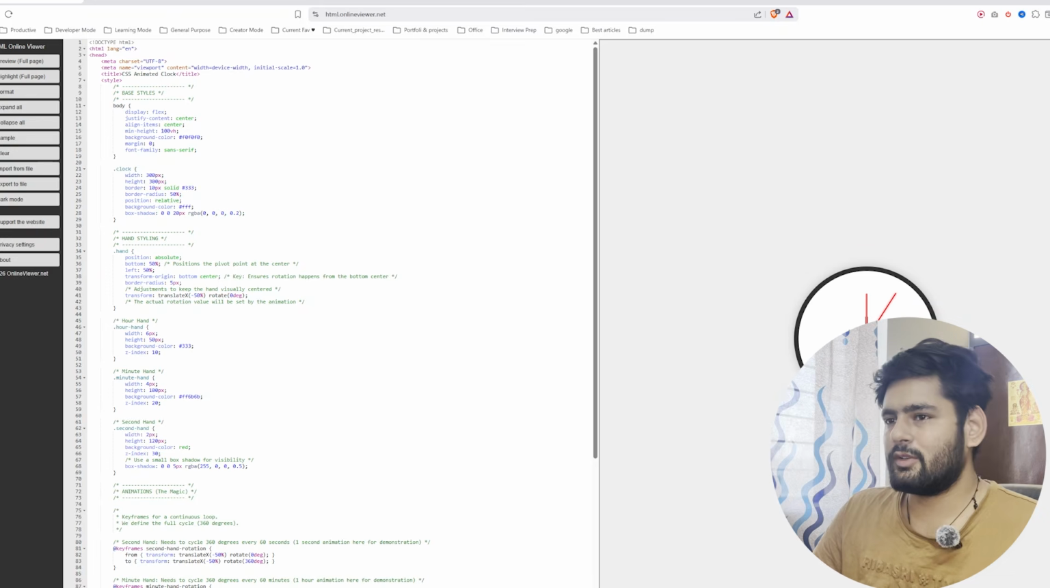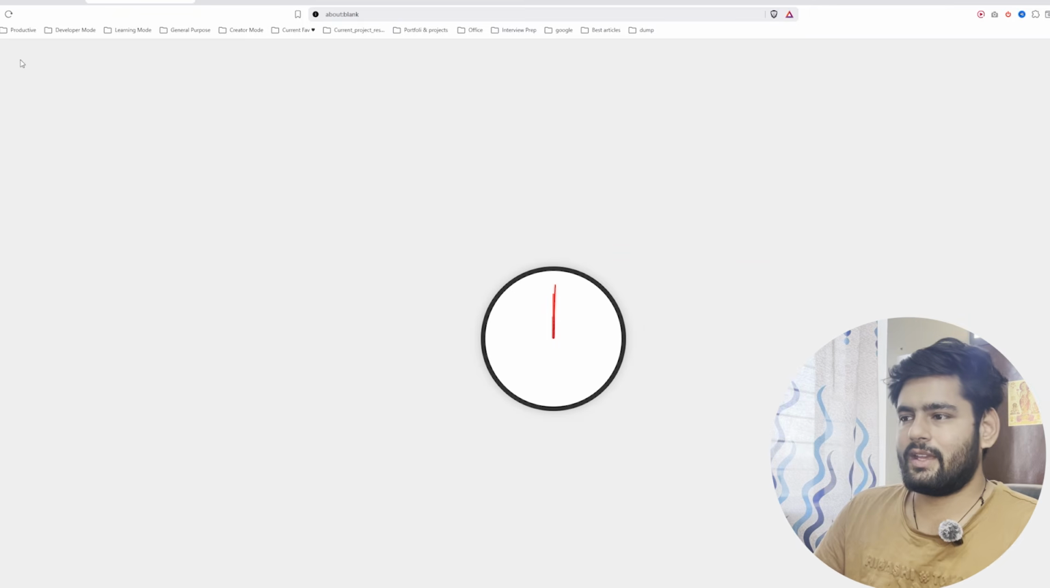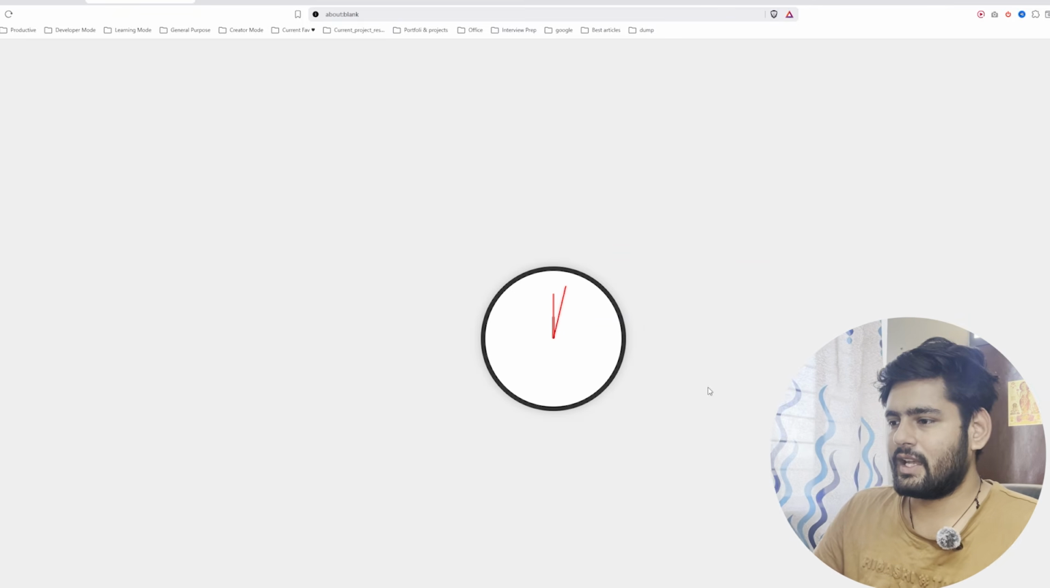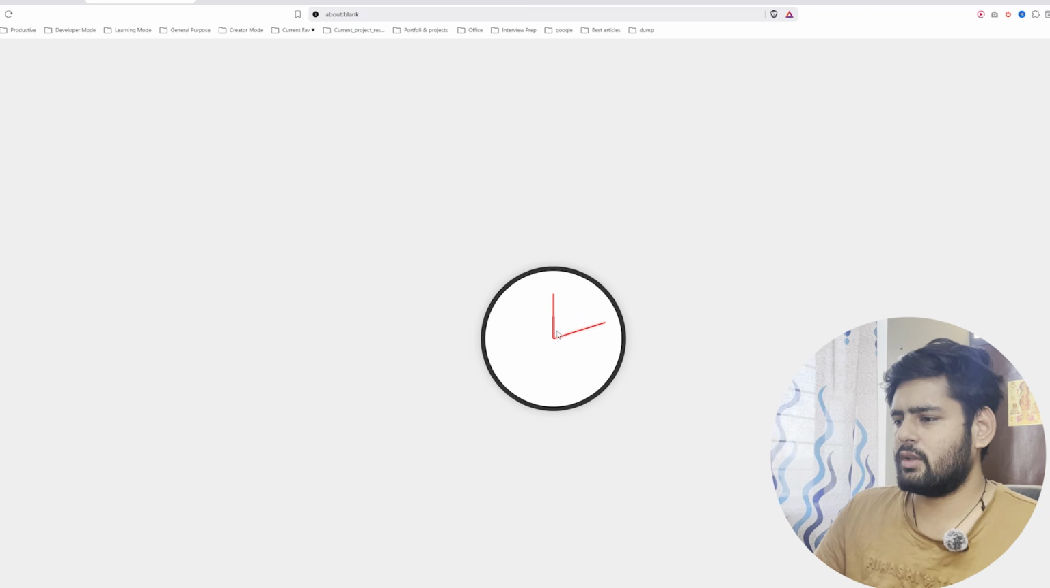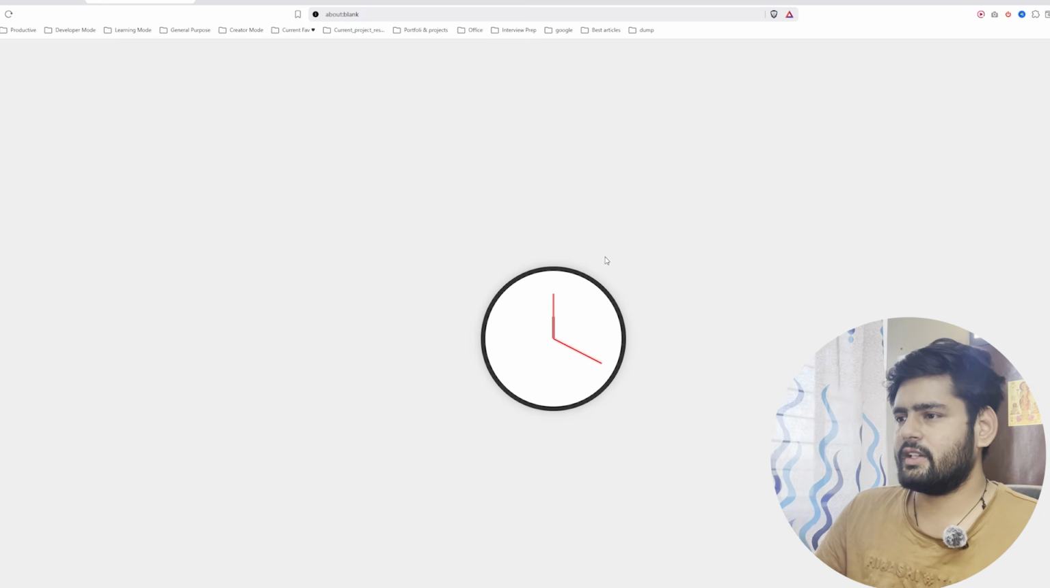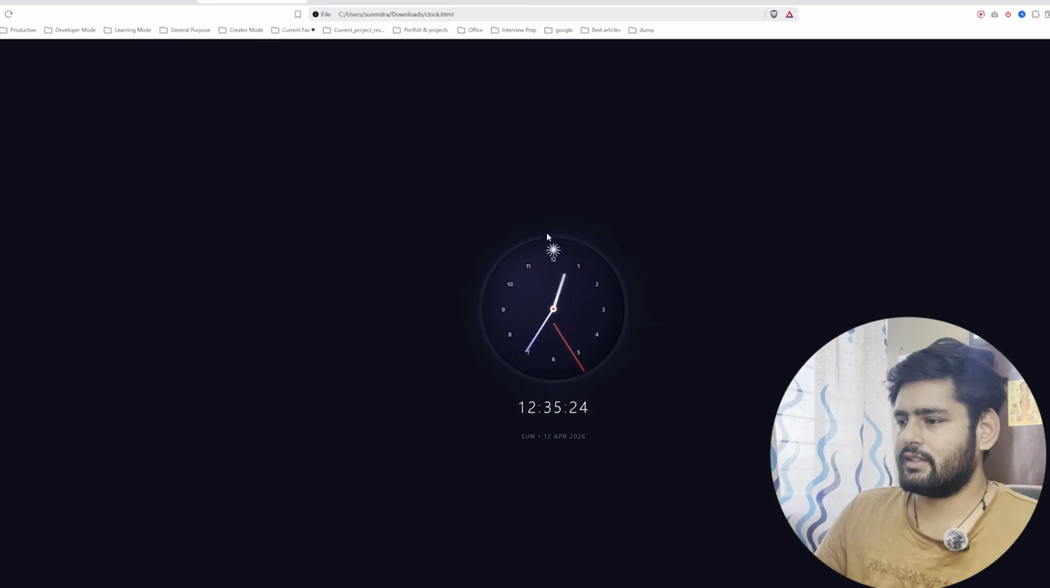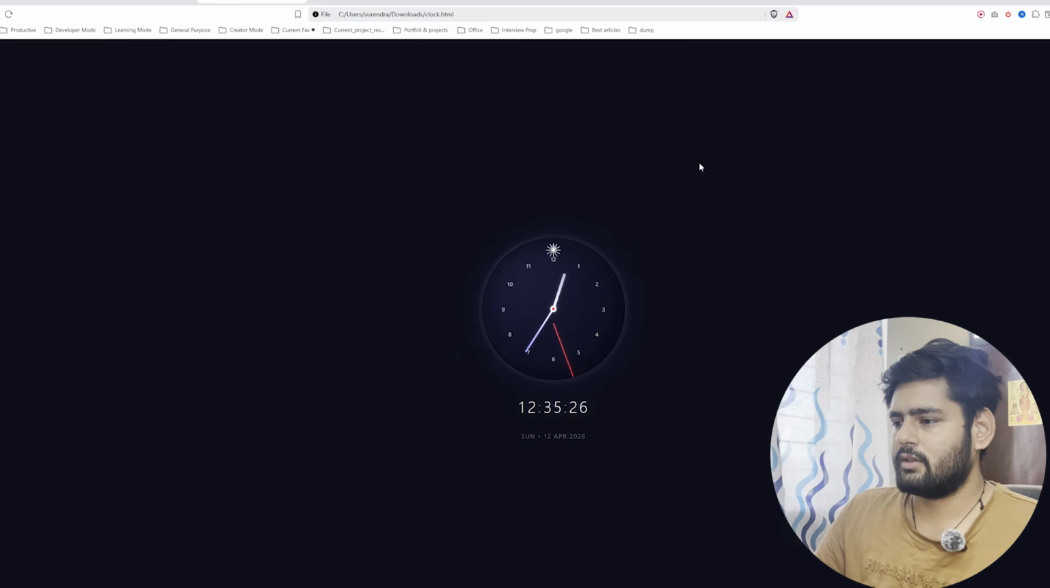It is a bit simple, to be honest. Let me preview it in the full page. This is how it looks. It is a bit simple, and I don't think it is in sync with the right time, but as you can see all the arrows are centered. Still it did a great job, but I really like the first one, to be honest, because that one has a lot